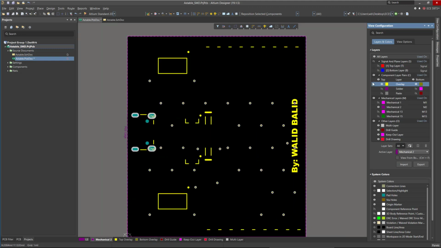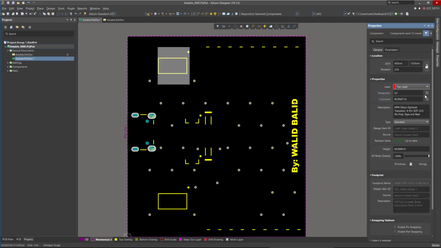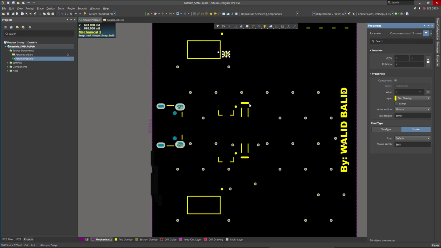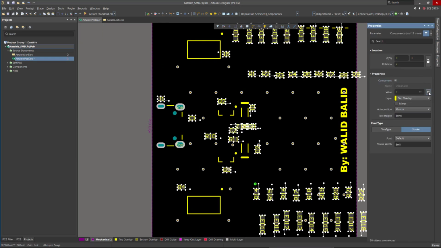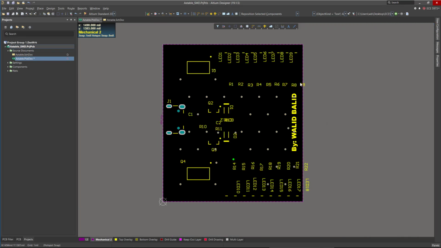And they are hidden. So how can we show them now for the designator? Basically, if you click on this, you can show the designator for Q1. Now, if you click on Q1, Find Similar Objects, all the designators, same designator. Now they are selected. You go to the properties, click on show, and here they are. Looks like we moved the components when they were hidden, and now we can go back